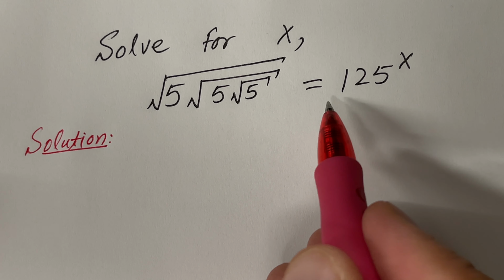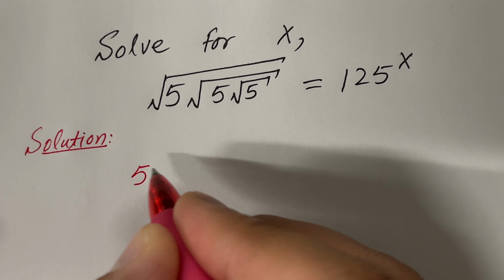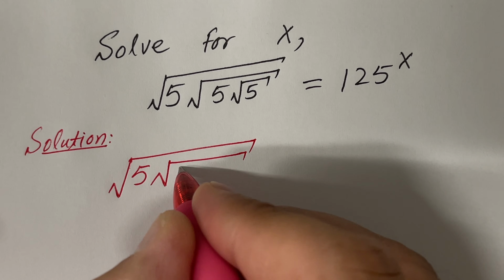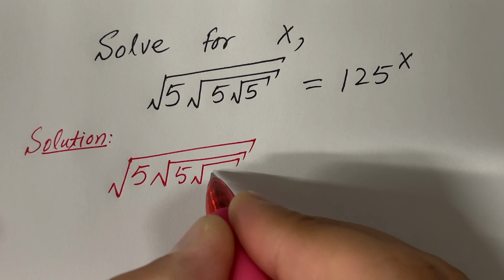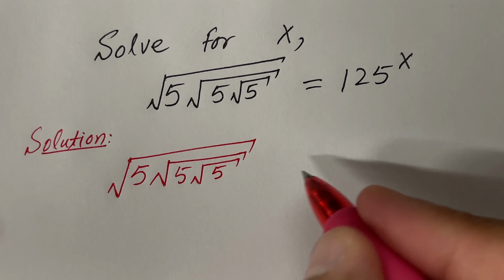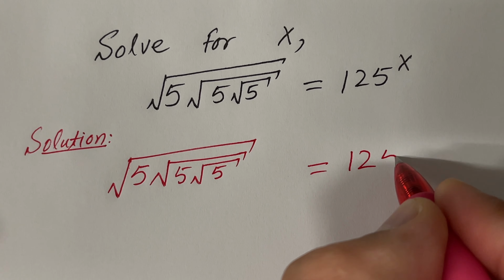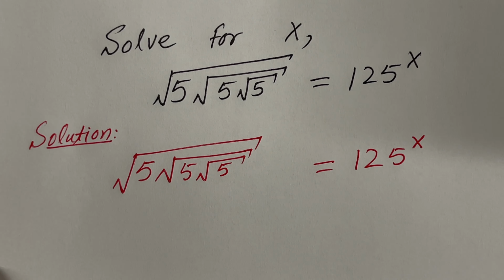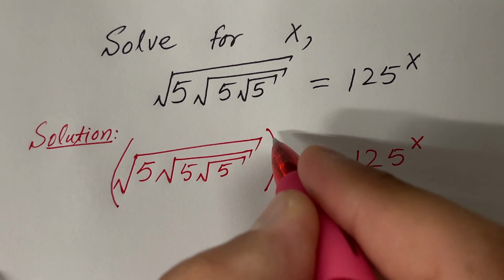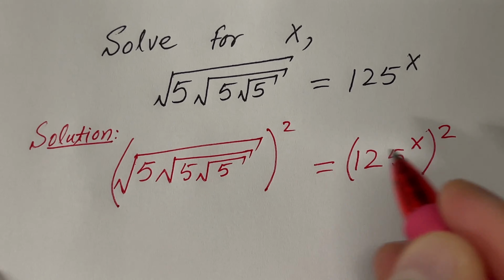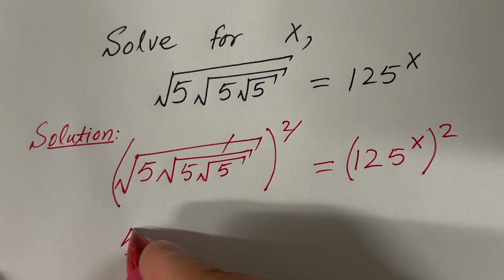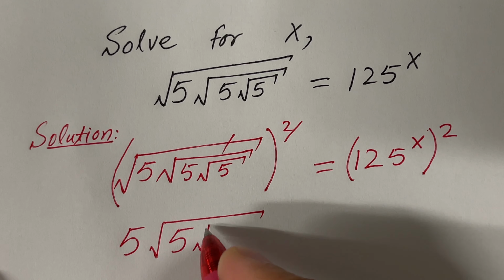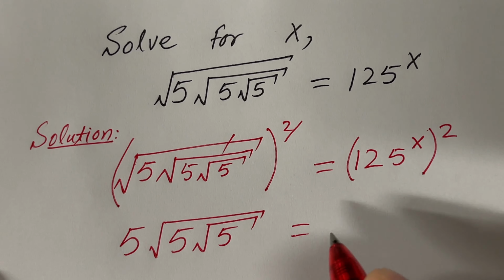The left hand side of the given equation is the square root of 5 times the square root of 5 times the square root of 5, and the right hand side is 125 raised to the power x. Fine, let's take squares on both sides. Then we will have 5 times square root of 5 times square root of 5, and the right hand side